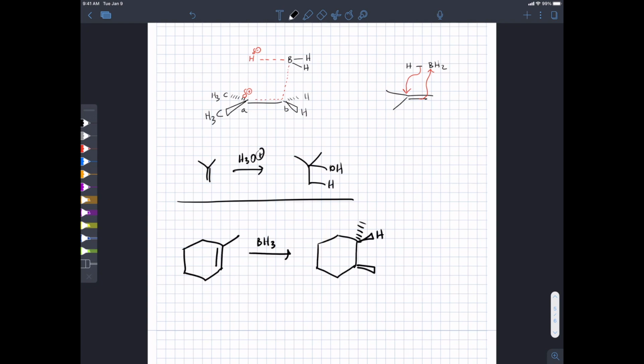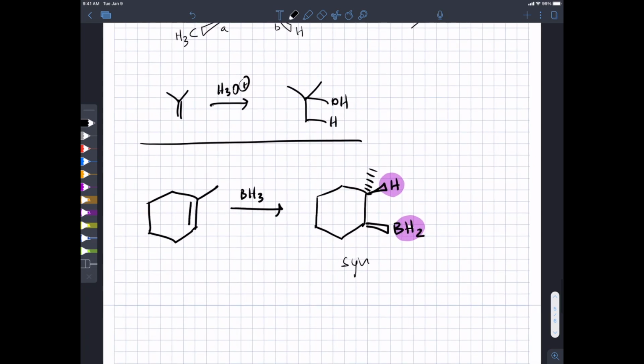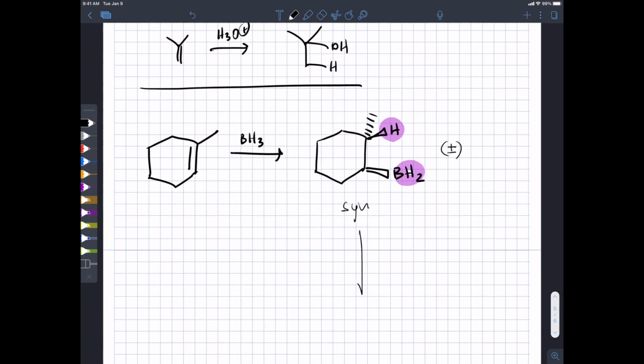The boron will end up on the less substituted carbon, but they're going to be on the same side, and that's syn addition. I guess I'll point out that this product is chiral, so we would get both enantiomers, and